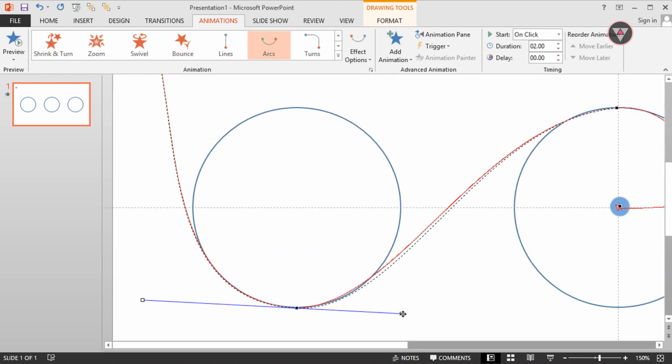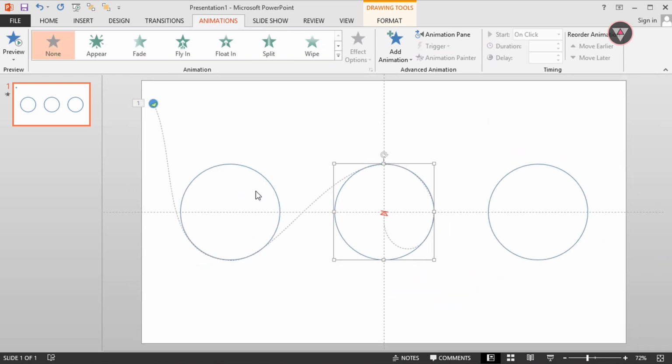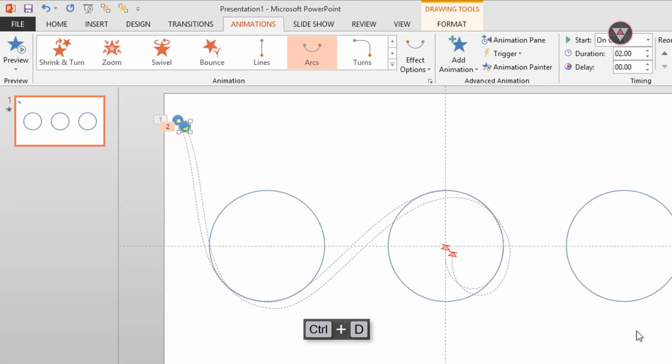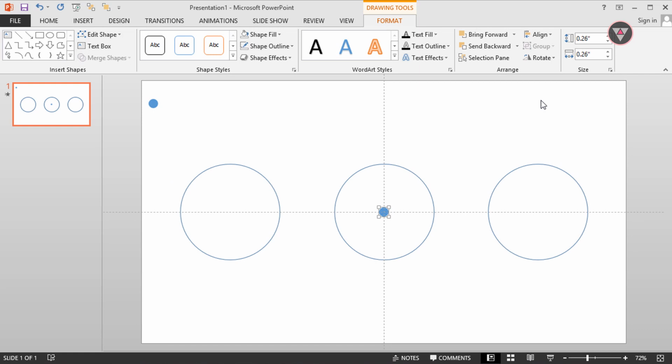We have to adjust the line perfectly. After adjusting the line perfectly, press Ctrl+D to duplicate one more copy and change its align center and align middle. Then press Ctrl+D again to duplicate one more copy and set its position in the opposite corner.